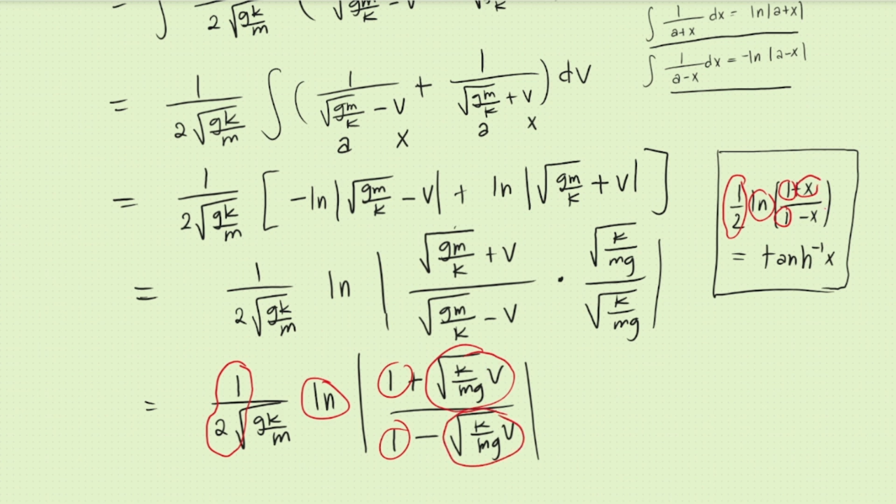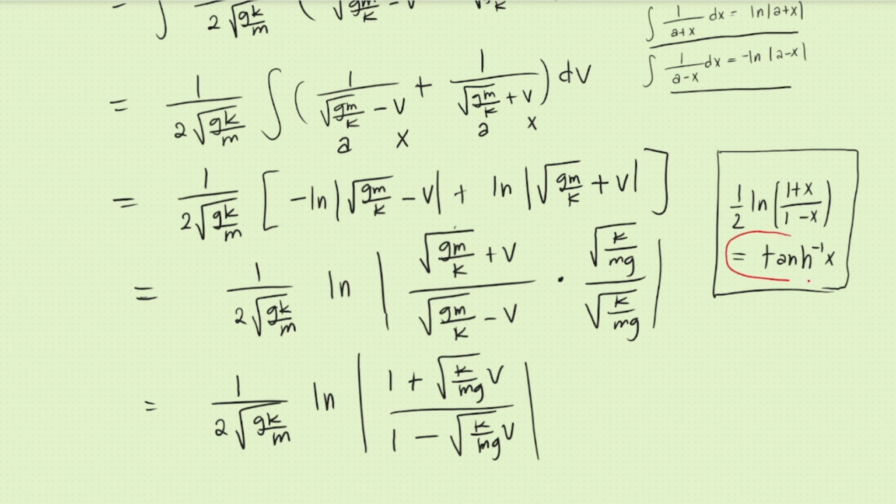See? We successfully created a pattern like this one. But before we can express this term here, the ln of the absolute value of 1 plus square root of k over mg v over 1 minus square root of k over mg v, into this simplified form, the inverse hyperbolic tangent function,